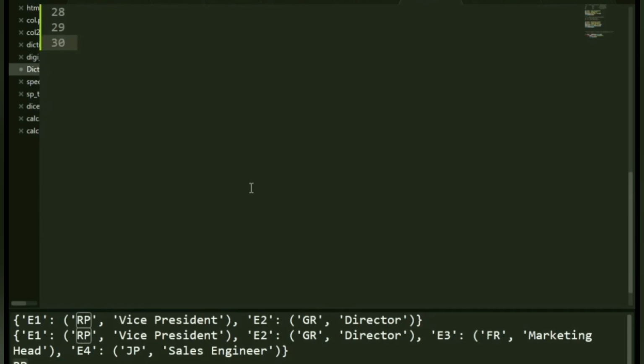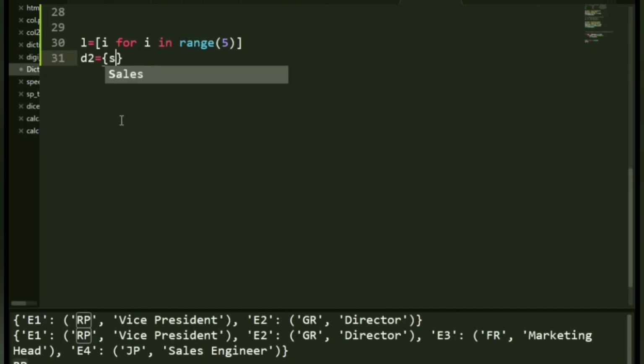Let's create a dictionary, that is L. Okay, so as you can see, I have created a list comprehension that will hold the numbers 0 to 4. Now I'm creating a dictionary comprehension to get the square of each number. So what I shall say is, I shall give the key value, that is square, and assign to it the square of each number.